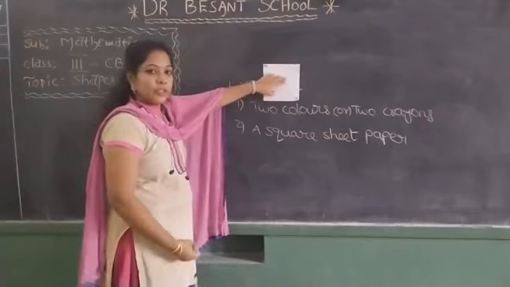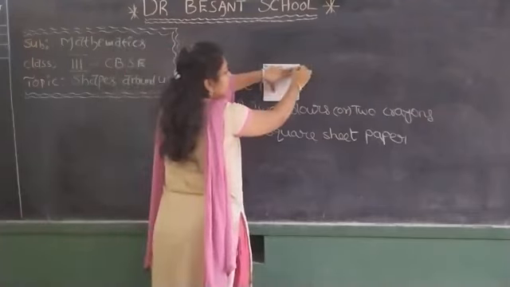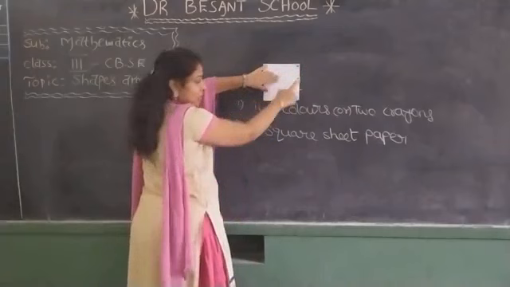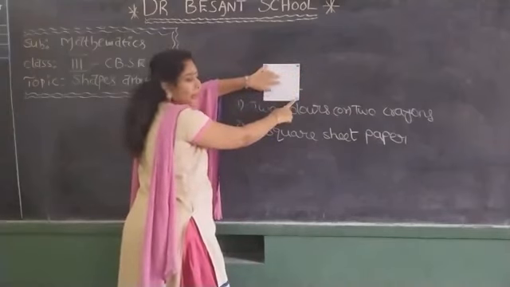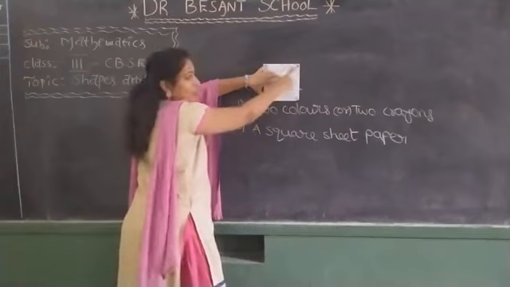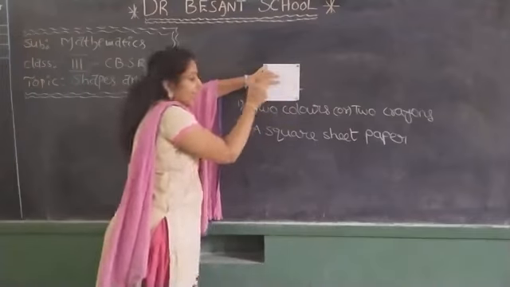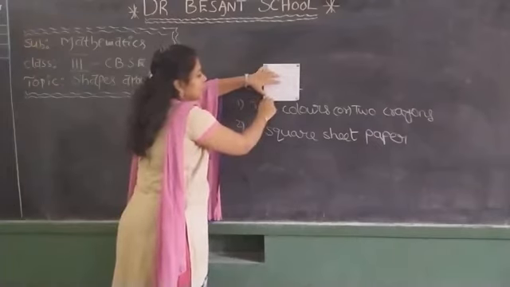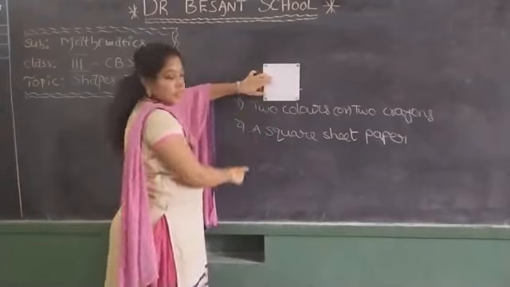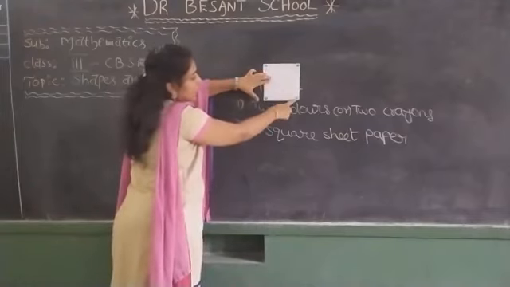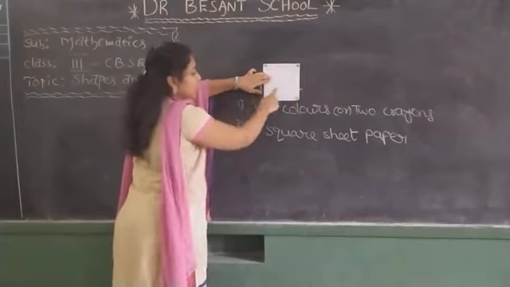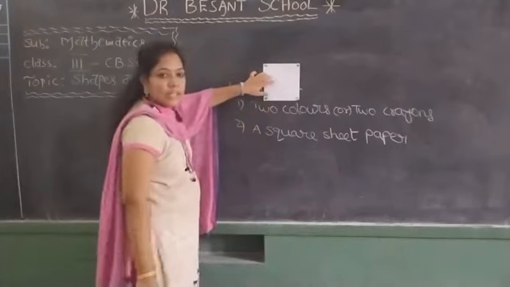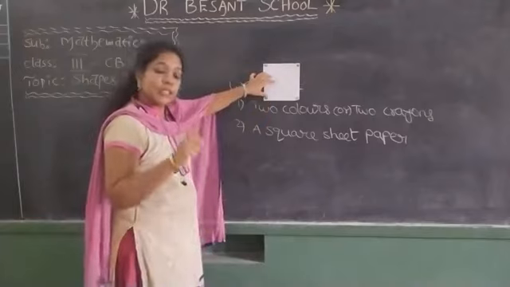Now coming to another opposite corners pair. This is one corner. What is the opposite corner of this corner? This one. This is the opposite corner of this green colored corner. That's why I am using green color to mark the opposite corner of the other green corner. These two opposite corners are with blue color and these two opposite corners I marked with green color. This is step 1.